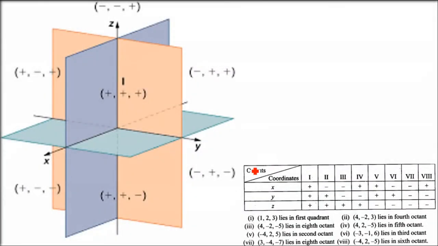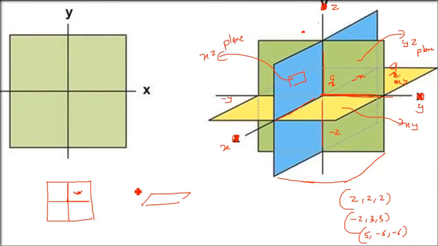Now let us come here. Now I told you about plus and minus. This is X, this is Y, this is Z. So you are standing here. With your reference, I am taking all positive. If you have been living in some other room, those will be positive, so the reference is going to change. We are not changing it here, but X, Y, Z are positive. If I ask you 1, 2, 3, you will say first octant, first quadrant. Actually, there are 8 rooms in your house, so there are 8 octants.